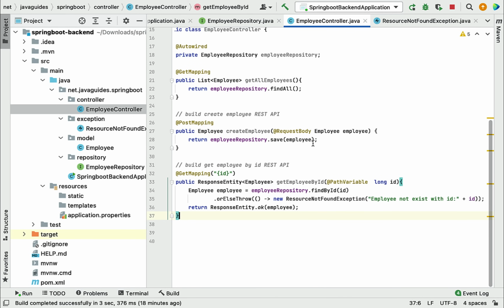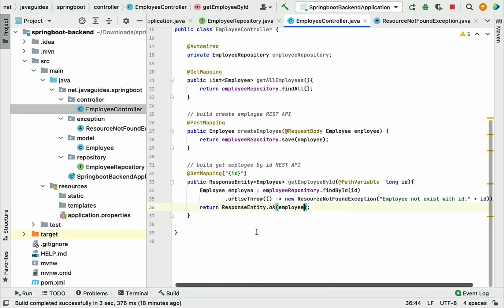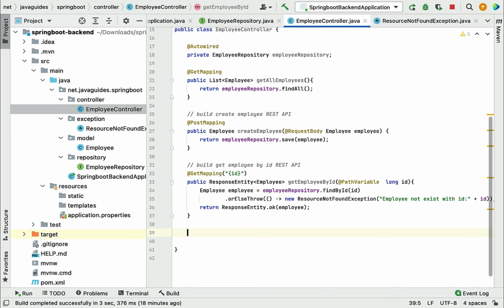Let's go ahead and build the update employee REST API. So head over to the EmployeeController again, and within the EmployeeController, we're gonna write the update employee REST API. So let me quickly write the comment over here: build update employee REST API. Okay, great. Now quickly